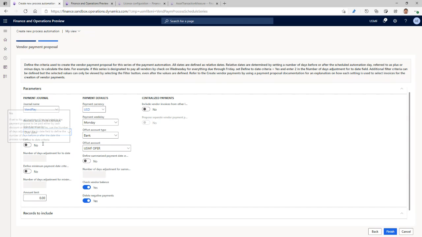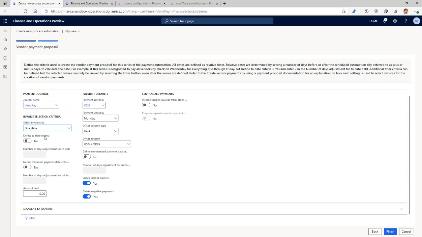The one that I was mentioning, the exciting feature, is the date criteria, which was not available earlier. So now you can also set the date fencing. So if you would like to, for example, every last Friday of the month, you make your payments. Or, for example, you make payments on Wednesdays, but you would like to consider the invoices which are also due the next 2 days, that is till the end of Friday. Then you can do that